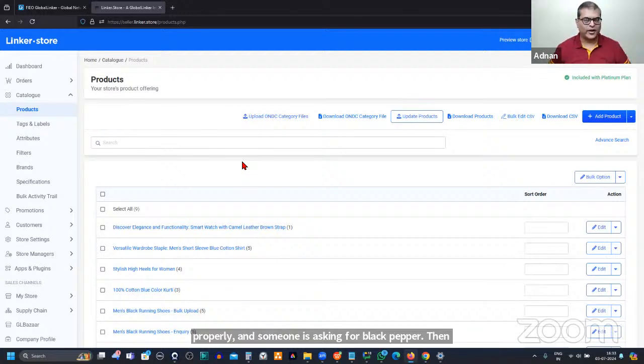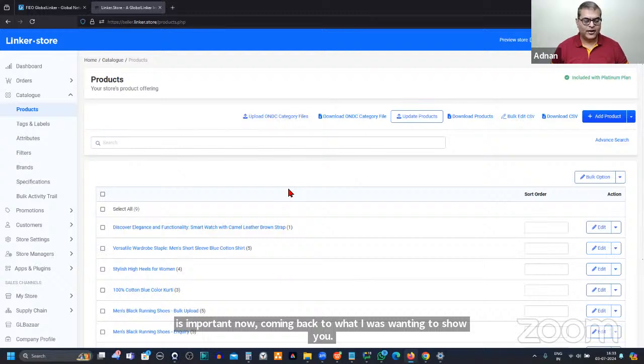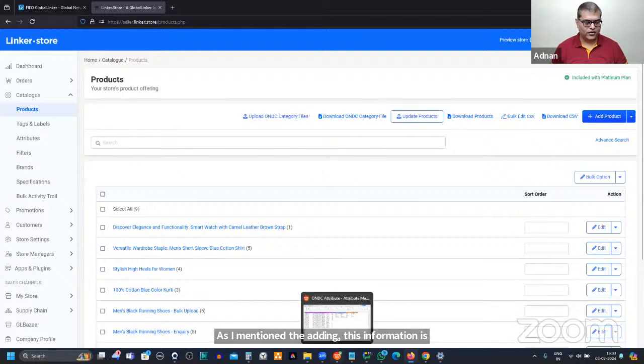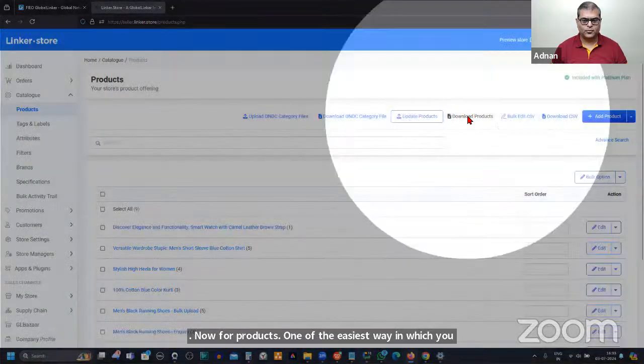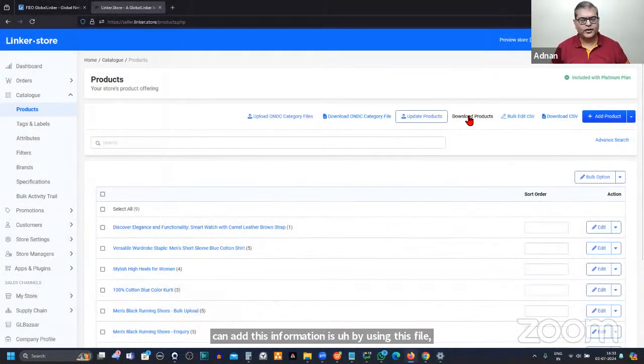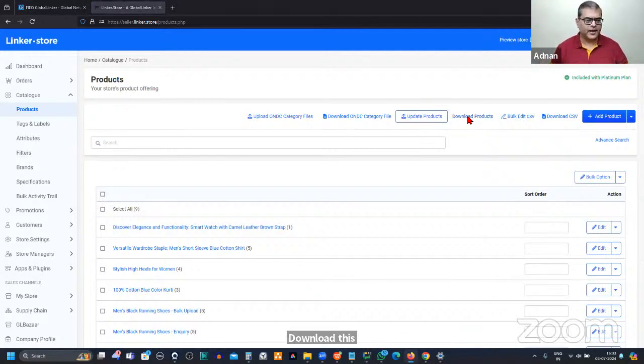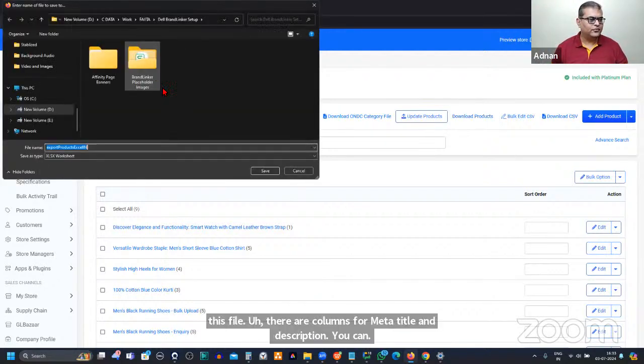Now, coming back to what I wanted to show you. As I mentioned, adding this information is important. For products, one of the easiest ways in which you can add this information is by using this file, which is download products. If you download this file, there are columns for meta title and description. You can add that. So I'll just very quickly